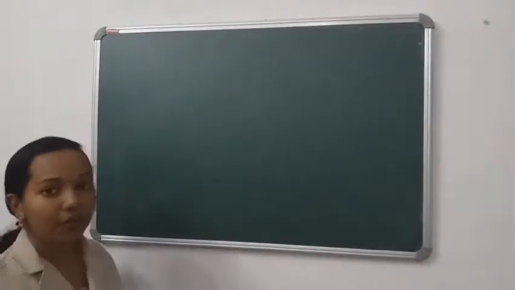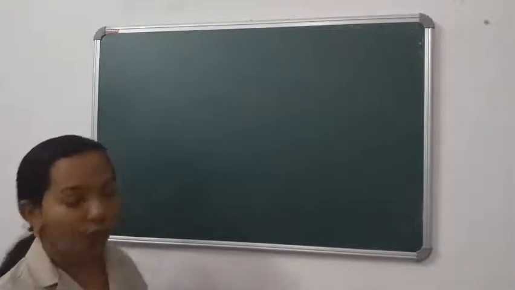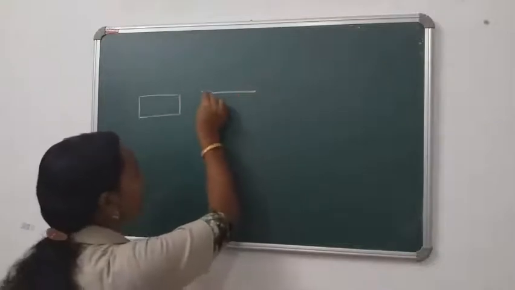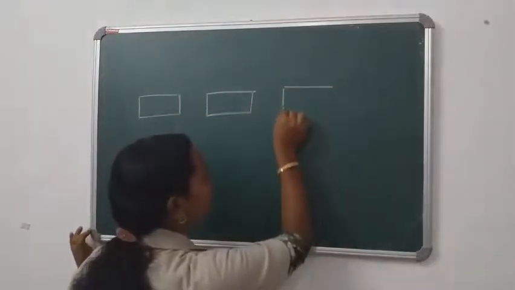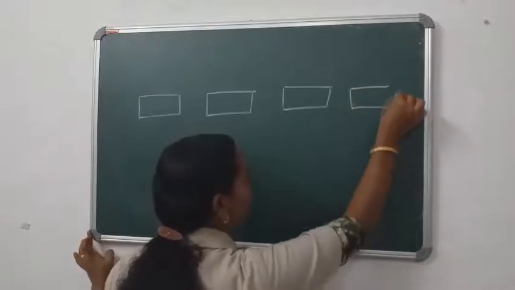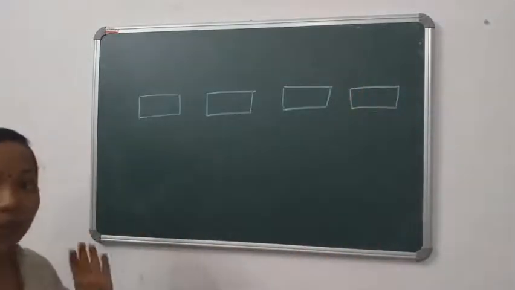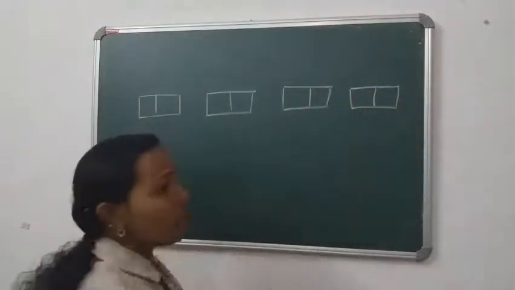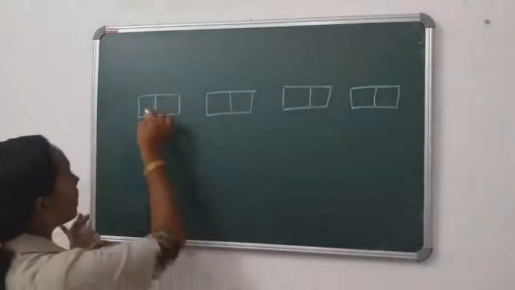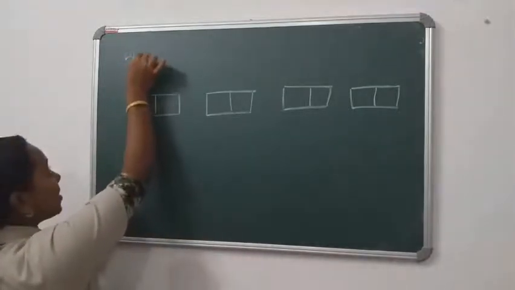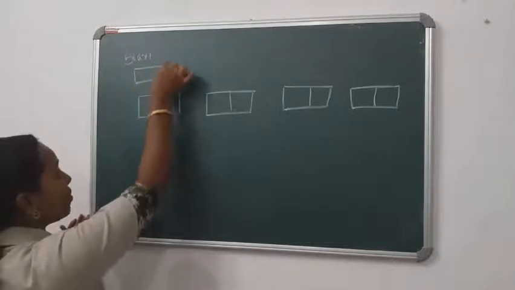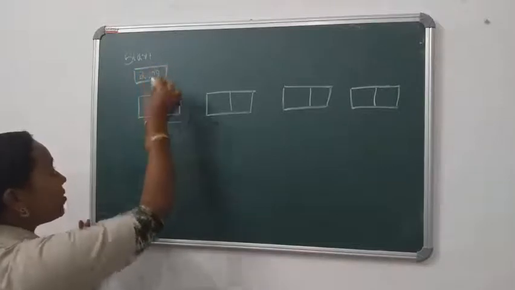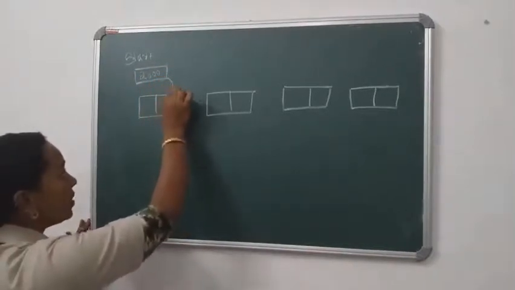Here I am going to create a linked list that contains 4 nodes: first node, second, third and fourth. Every node contains 2 different sections, data part and pointer part. Then one more is available, that is called start. Start stores the memory address of the first node. Let us assume the memory address of the first node is 2000. Then it will point to the first node.